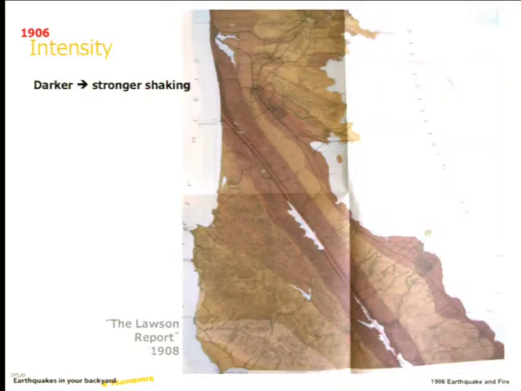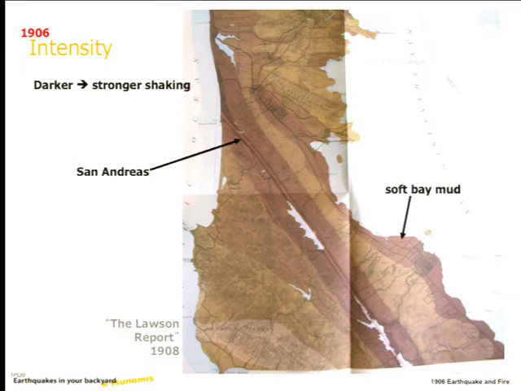Okay, so this is zoomed in to the Bay Area. What did you notice about the ground shaking from this image? Where's the strongest shaking? Near the water, you say. So you're looking at this brown here, and here. Yeah, so this is exactly what Professor Lawson noticed. One is that the absolute strongest shaking, this very dark band, goes right along the San Andreas Fault. And the next thing that he noticed was that there also is a dark band that goes along the soft